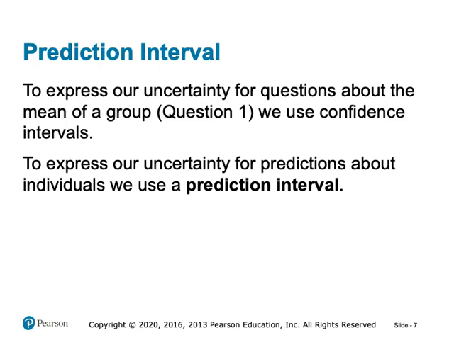This is because there is more variability when predicting a single outcome than when estimating a group mean. In other words, individual outcomes tend to deviate more from the regression line compared to the average of a group, hence the greater uncertainty reflected in a wider interval. As we continue, we will explore examples of how to calculate and interpret these intervals so you can effectively express and understand the uncertainty associated with both group means and individual predictions.